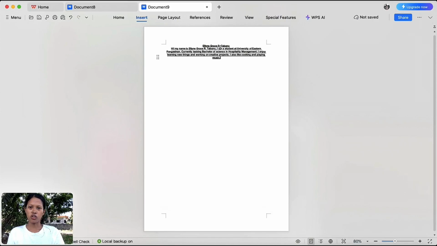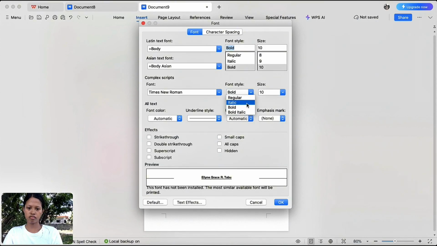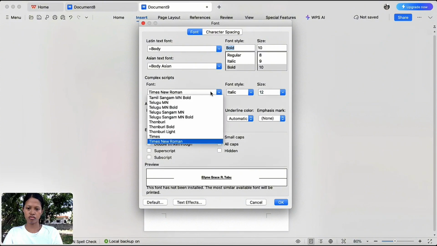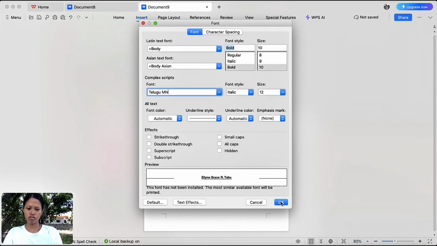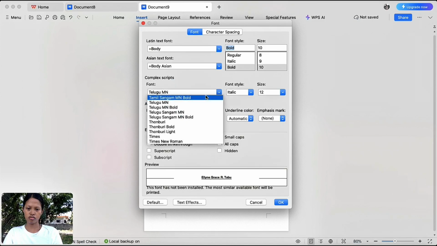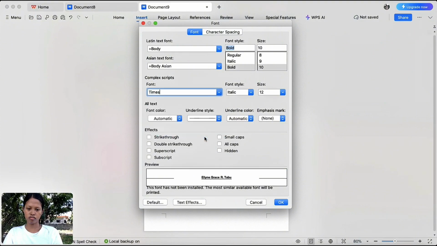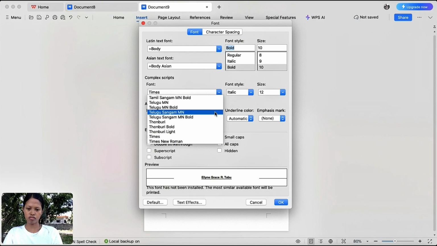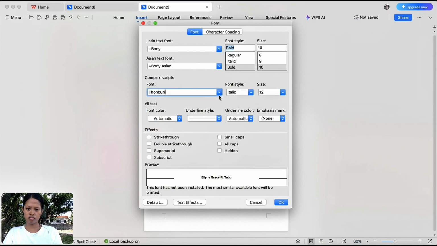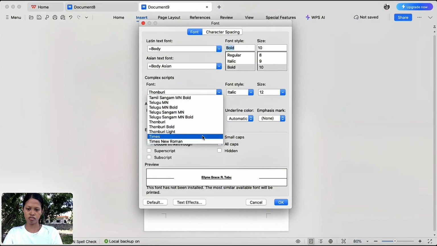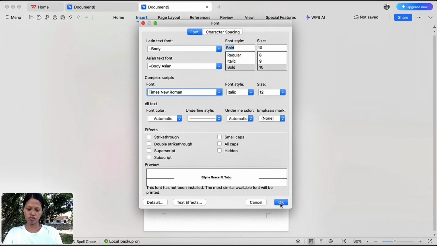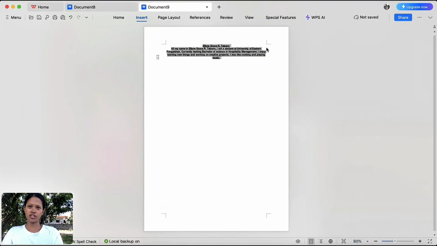I selected all with Ctrl A. Then open the font options with Ctrl D. I choose a different font and increase the size.